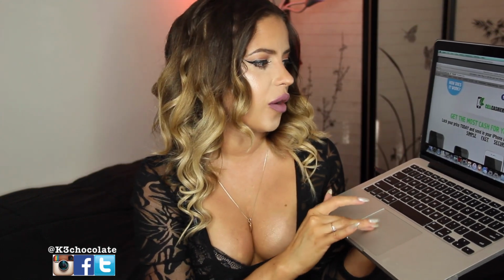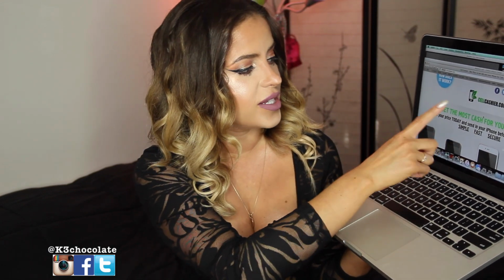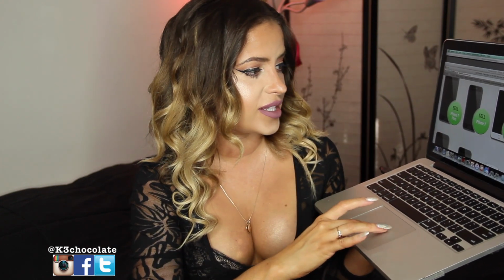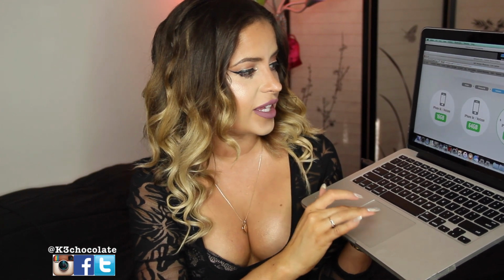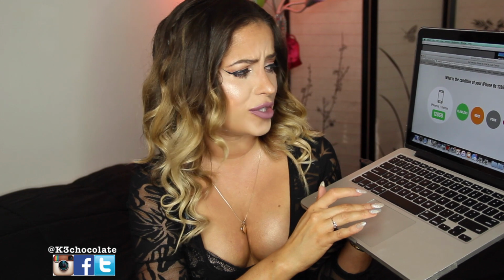But basically the way it works is you go on their website, and I've showed this in multiple videos before, you pick the phone that you want to trade in, and it says, of course, it is simple, fast, and secure. So for me it was the iPhone 6s. Then you pick the carrier. For me it would be Verizon. Then you pick the gigs. For me it was 128 gigs. And then the condition. So for me it was good, which means